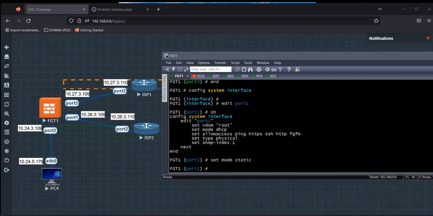Question comes up, why didn't I do that in port 3? The reason is that port 1 is the only interface which is on DHCP mode. Rest of them are static by default. So that's why I didn't do it on port 3, but in port 1 I have to, because by default it's DHCP. So I changed it to static, and then I'm going to configure the IP address. So set IP